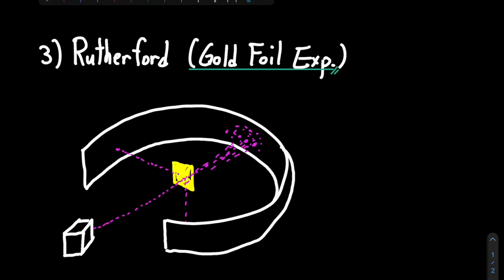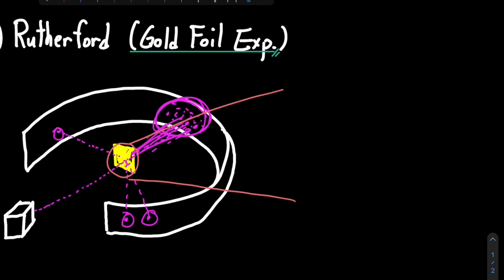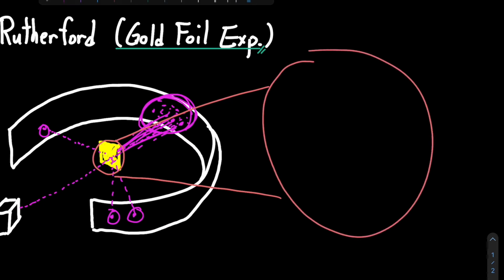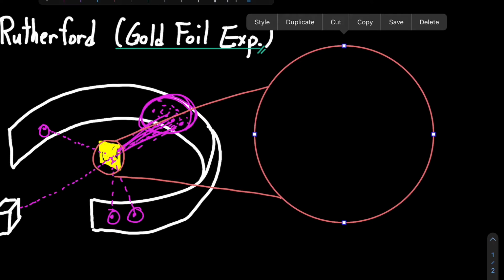Some were bounced off. So some alpha particles bounced off and hit these sides. And this was a very small percentage. So most alpha particles would end up in this area, right? But a few would end up on the sides. And what actually was happening here is that if we zoom in on this,